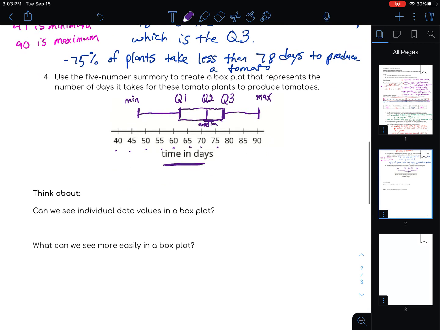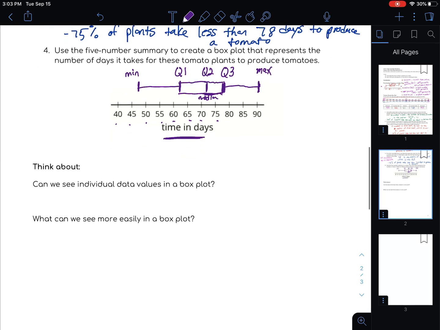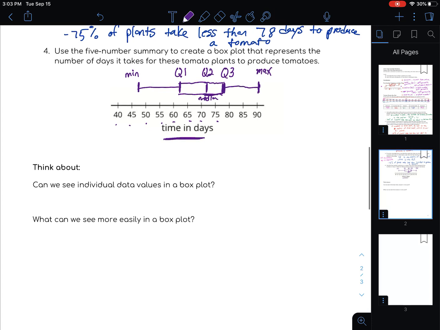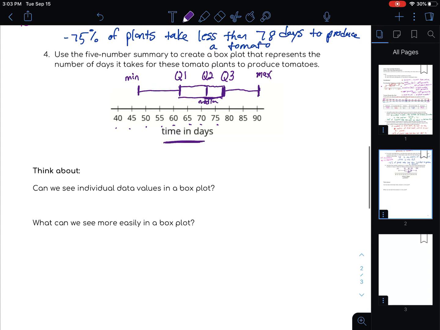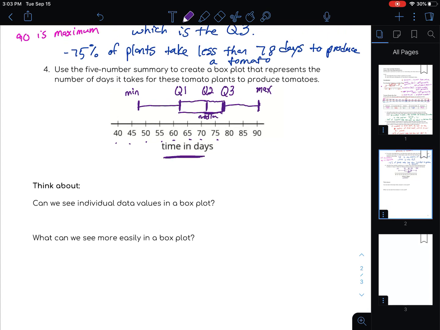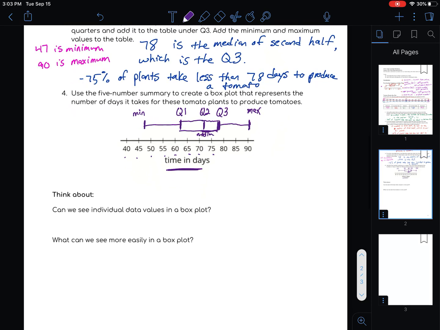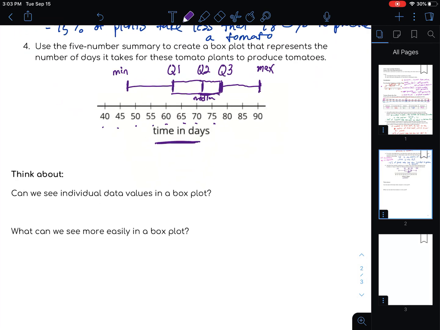Now we're going to analyze our box plots a little bit in coming days, but for right now, let's just think about these two questions. What can we see? Can we see individual data values in a box plot? Unlike a number or a dot plot, we can't really see the individual values. We can see what the minimum is and the maximum, but everything else is kind of scattered in between, so we don't know all of the individual values. So no,